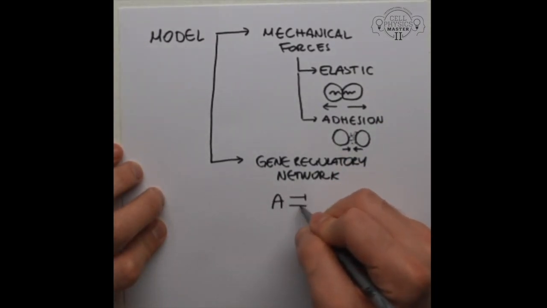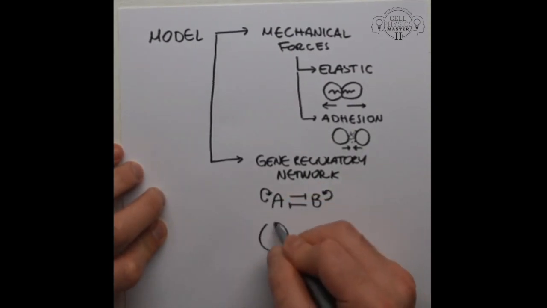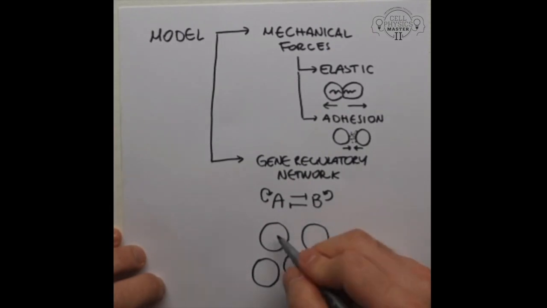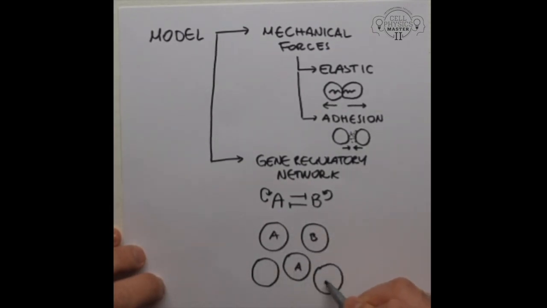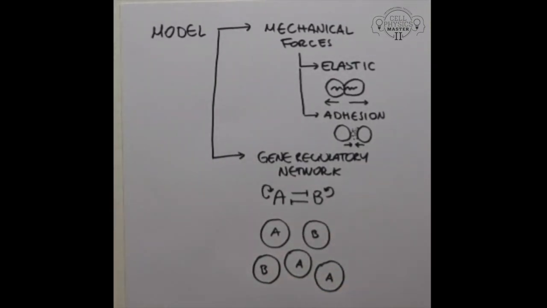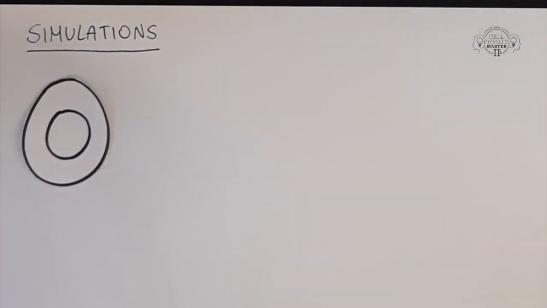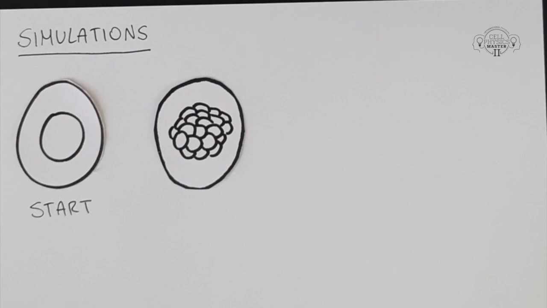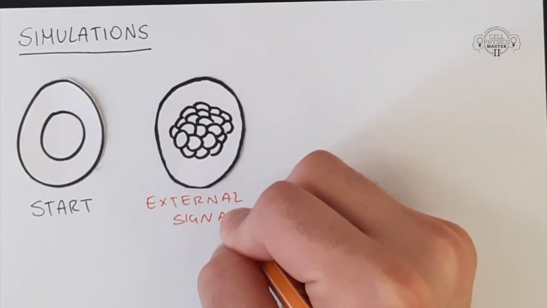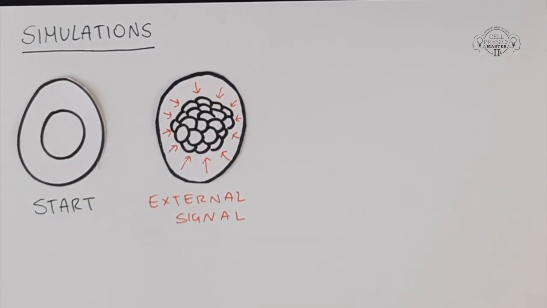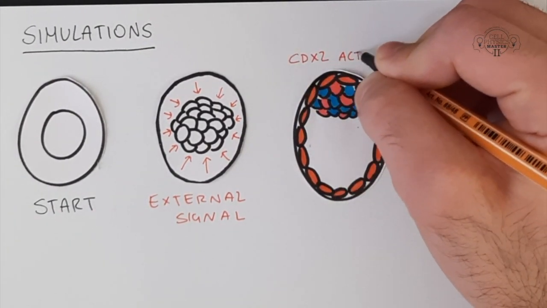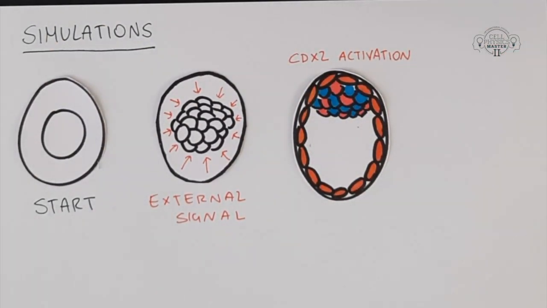On the other hand, within the cell, chemical reactions can occur, and a gene expression prevails. Different gene expression yields different mechanical properties of the cells, such as adhesion. In this fashion, running the simulation, we notice that the trophectoderm formation is well explained if we add an external signal whose intensity depends on position. This process is responsible for the activation of CDX2 on external cells,